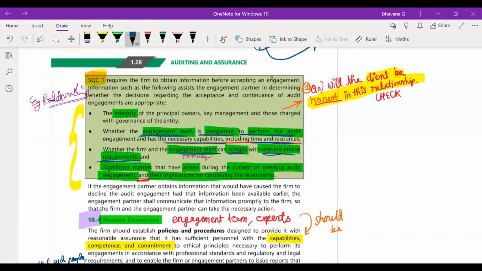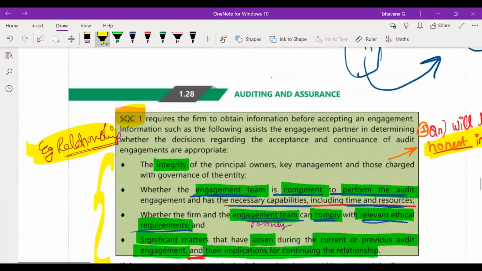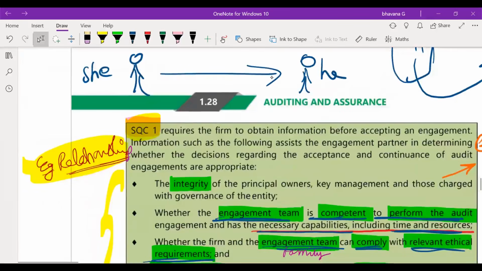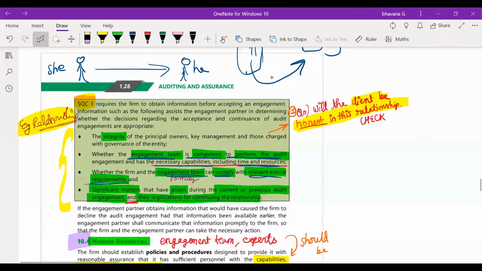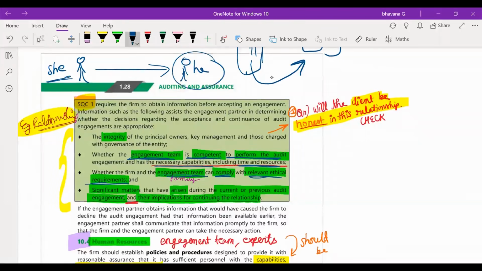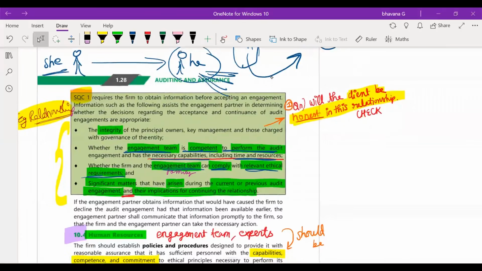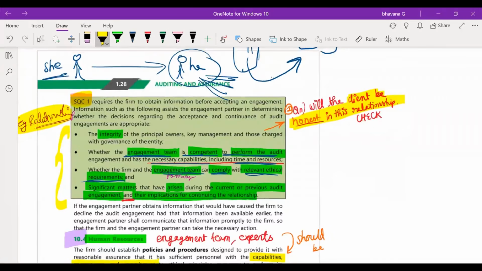So this is the example of a relationship. Now we'll take the example of a person. Okay, she wants to get into a relationship with him. So first she has to check whether he is honest or not. If he is not honest, he has many other girlfriends and is not honest with her, that he already has so many relationships, then that will create a problem. You must first check whether he is